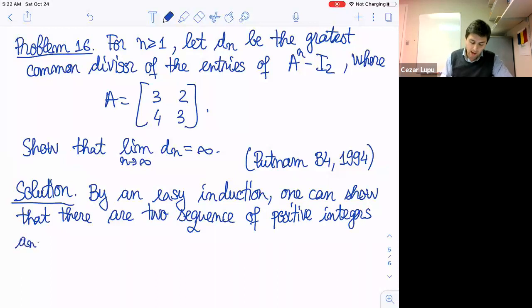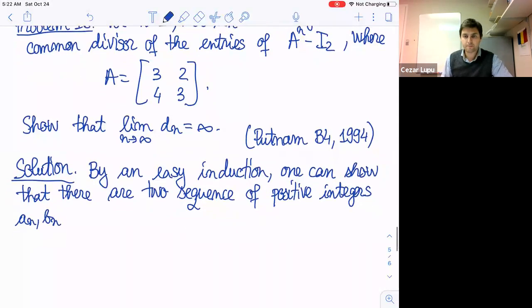Let's just say that an and bn. There exist these two sequences